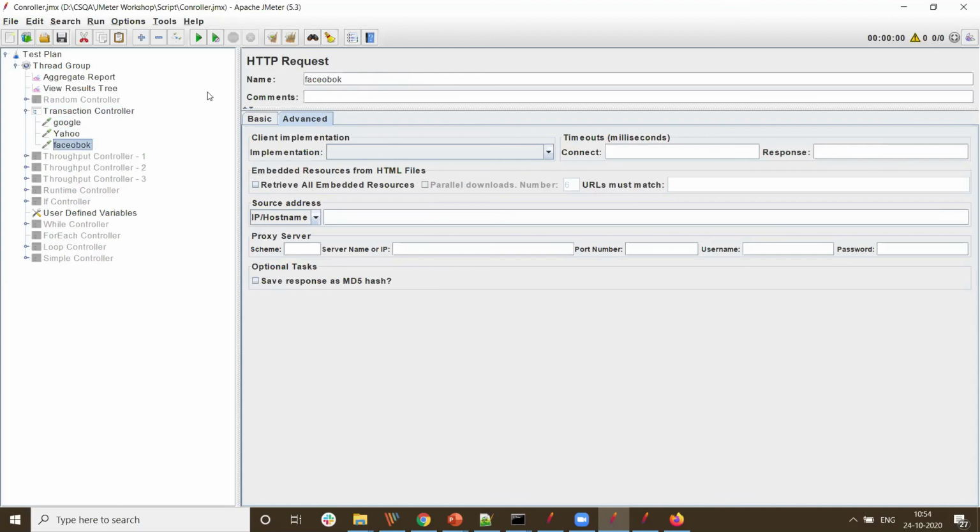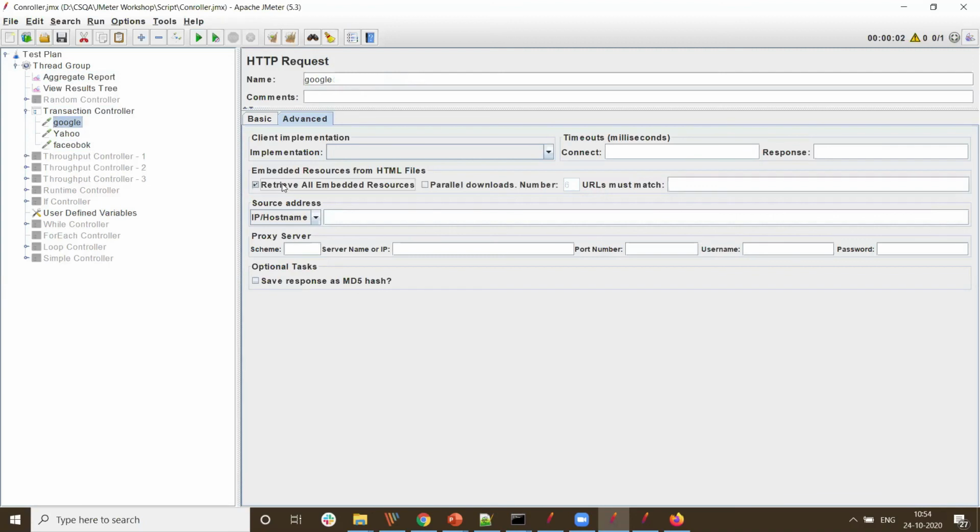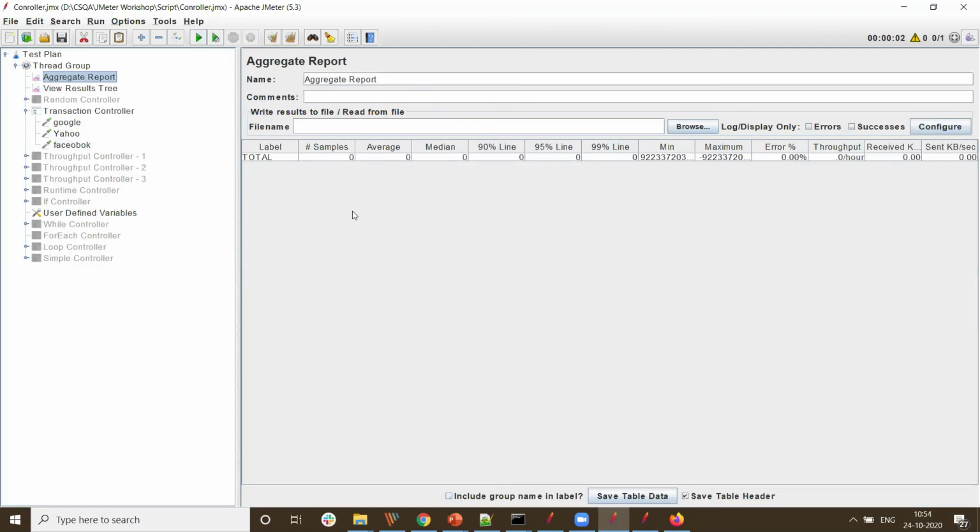Now, when I run this, see, 383, 1222, 1200 and 462. Now, I'll check this. Remove, run. It may take more time.